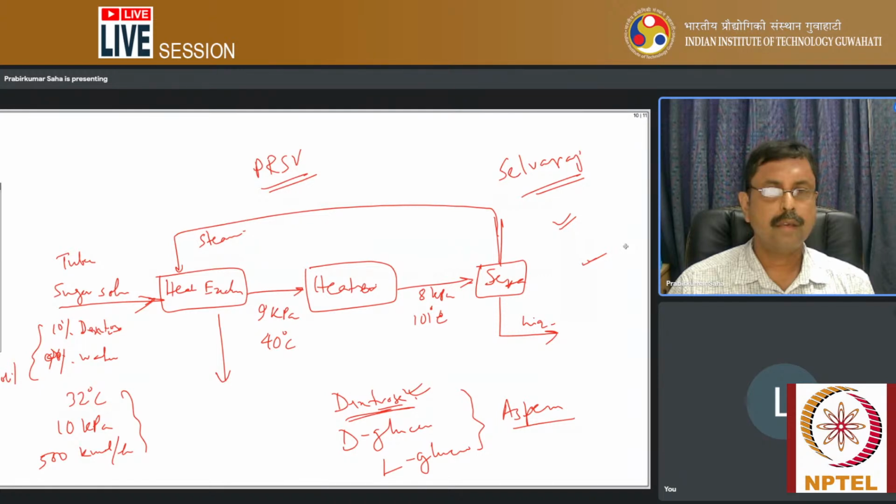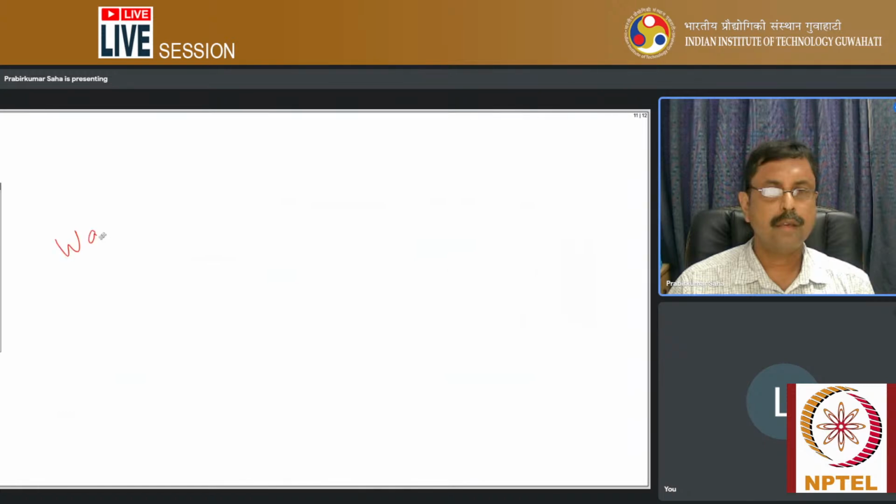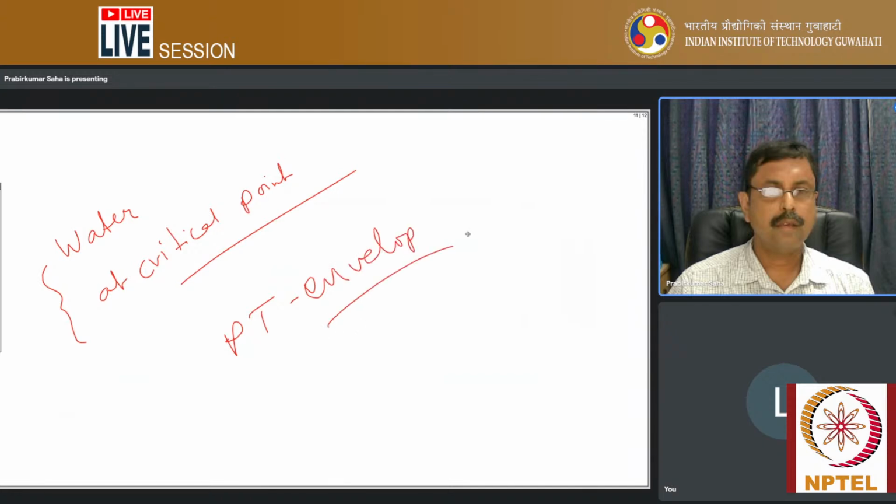And one more thing that you wanted to see, what is the critical point of water. You asked me to get a problem where we can see water at the critical point. Now, obviously, you can do it with the PT envelope. The only thing is that you have to convert it to megapascal and Kelvin, because PT envelopes are given in this fashion unless you change your variable to SI unit or English unit or something,